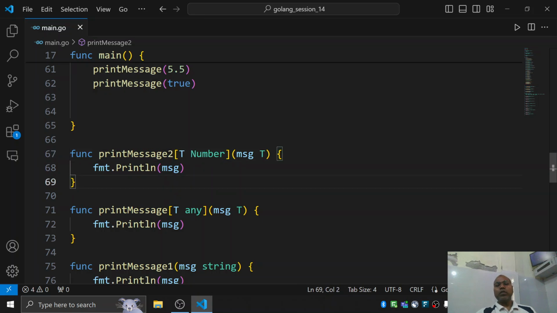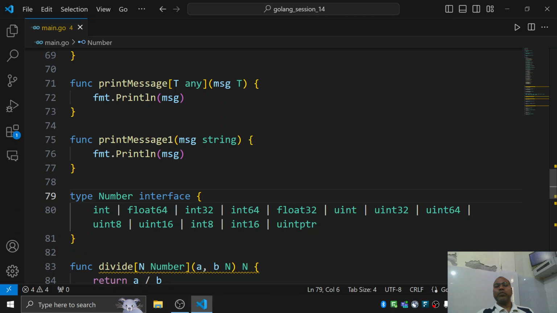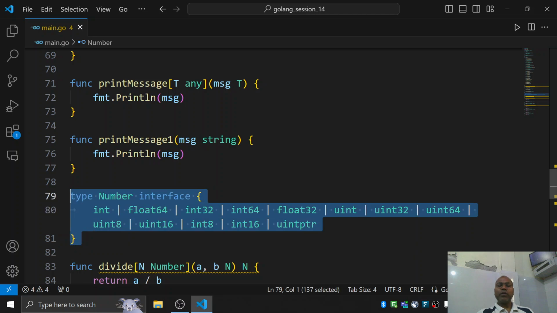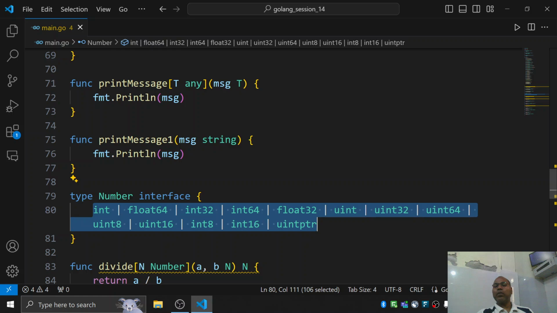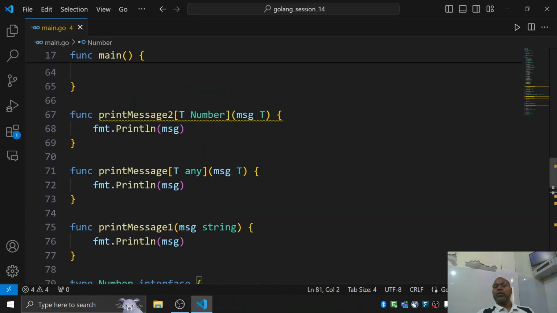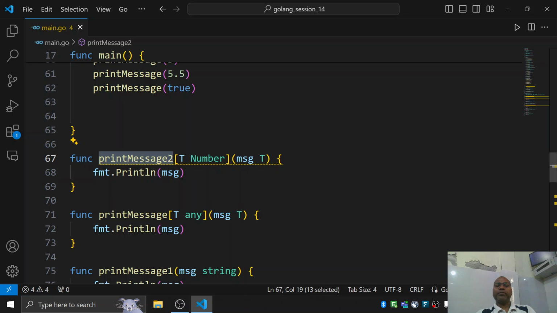So this print function takes a message of type T. T can be any type, or any specific or custom type. Here, number is my custom type, and for a custom type you can define it and say, hey, this is my custom type, and these types can be all the number systems. So here, the print function,